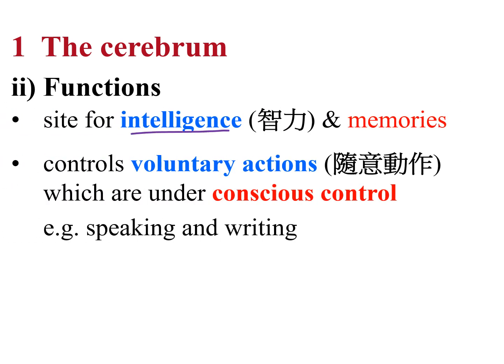Cerebrum is the site for intelligence and memories. And another important function of the cerebrum is to control the voluntary action. That means the actions which are under conscious control, or under your own will, such as speaking or